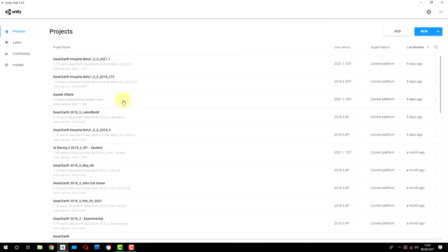So of course, one way to put a project here is to create a new one, which is what we're going to do in a minute by going to the new button. And then when we click the new button, we can choose which version of Unity we wish to create this project for. And we're going to choose 2018, but we won't do that just yet